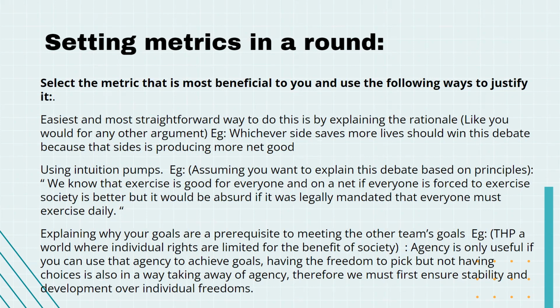It's quite simple, right? The first way is to directly analyze your metric like you would any other argument, right? Which is to say that you argue that saving lives is more valuable because, one, in general in society we do value life, but also the value of a life is objectively important to people, because if people are dead, they can't access agency, people around them are sad, and so on and so forth. Secondly,